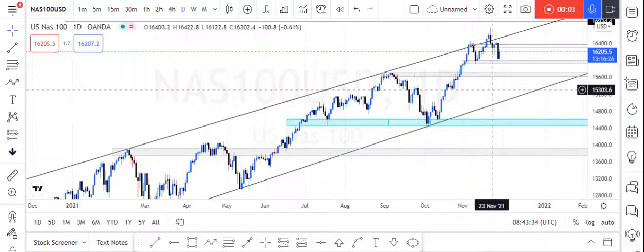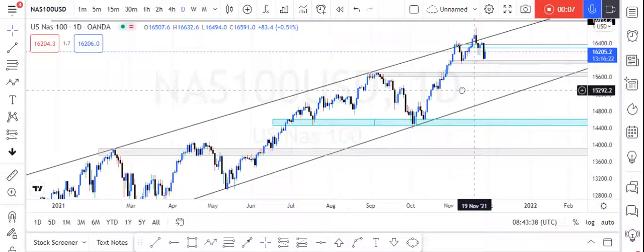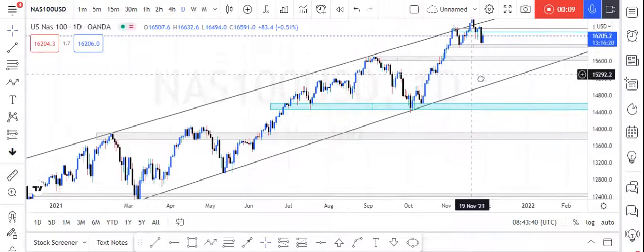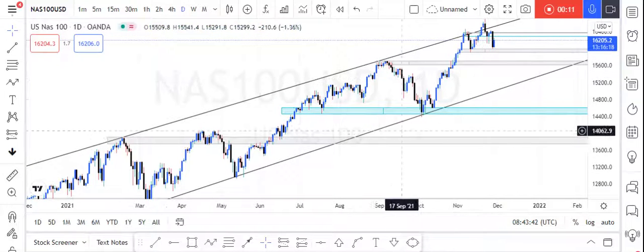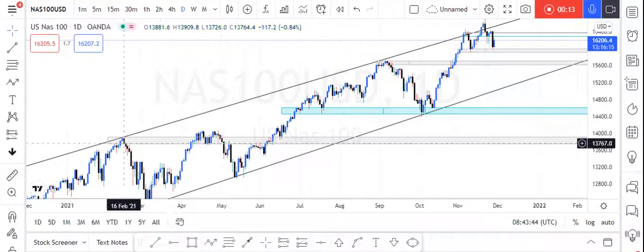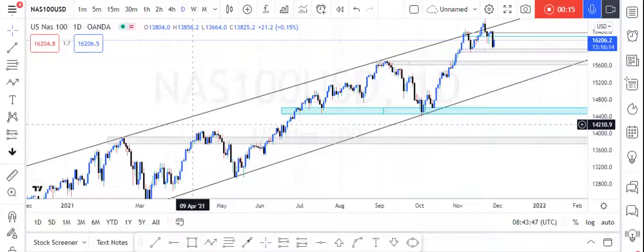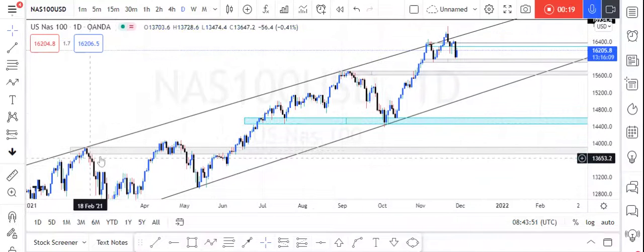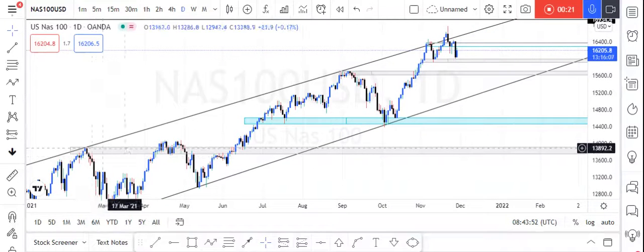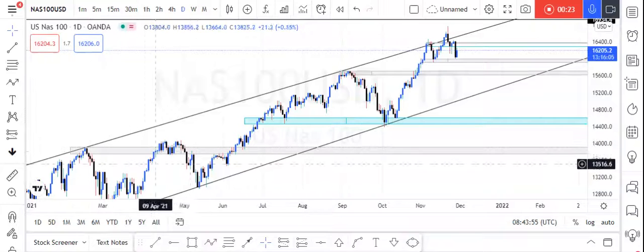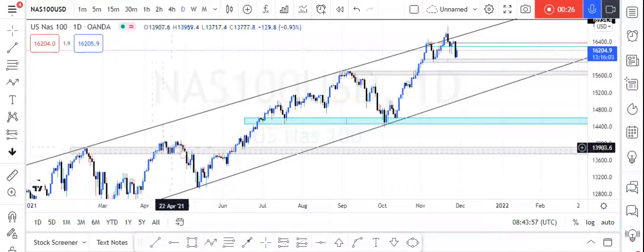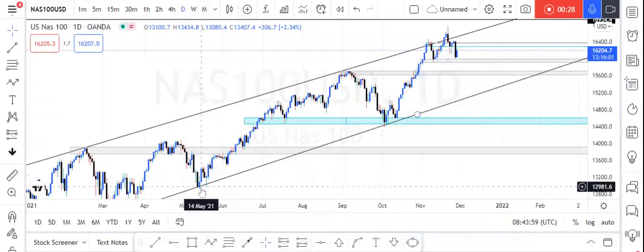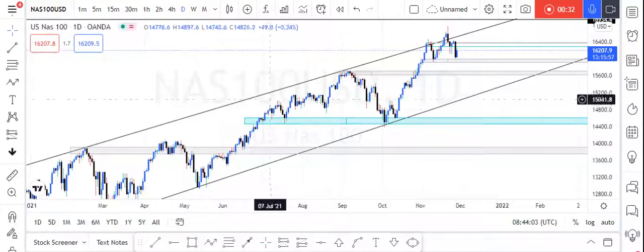Okay, so today we're gonna have a look at the NAS 100. Currently, as it's been doing for the last few years, NAS has been in an uptrend for quite a long time. It's in a daily channel, it broke, hit the resistance here, came to the downside, came back and retested that resistance, came to the downside, found support at this diagonal support, and then